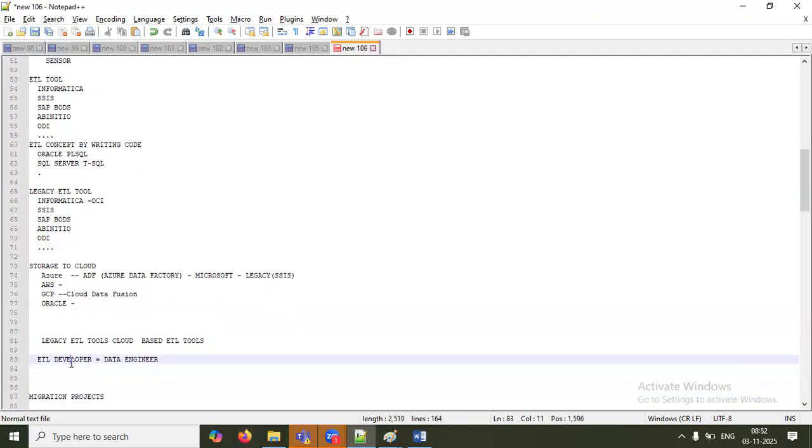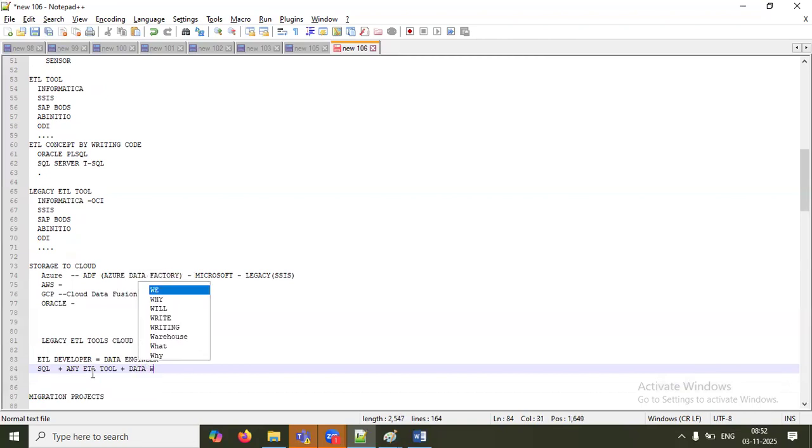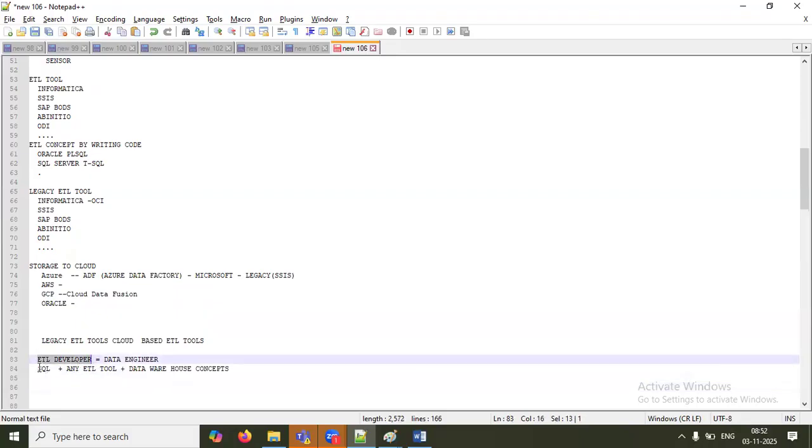But ETL developer is usually SQL plus any ETL tool, following data warehousing concepts. It's true, but data engineering has changed. It is not just this.